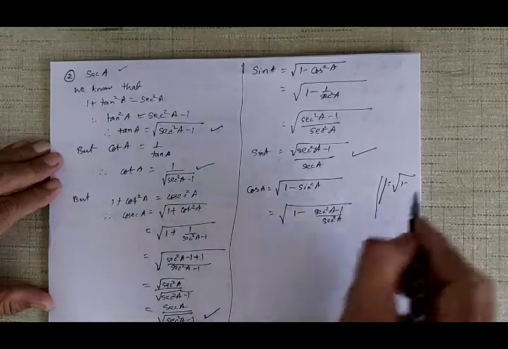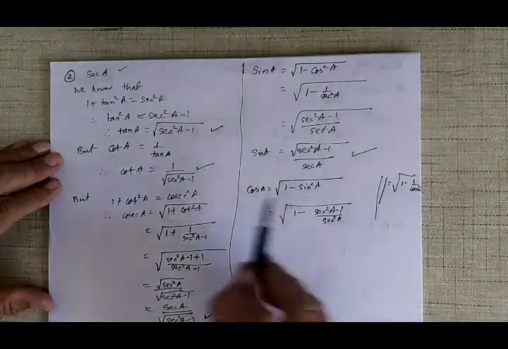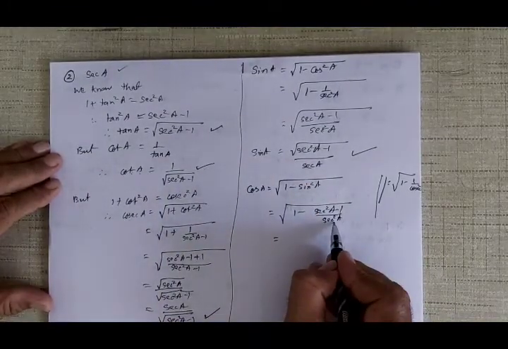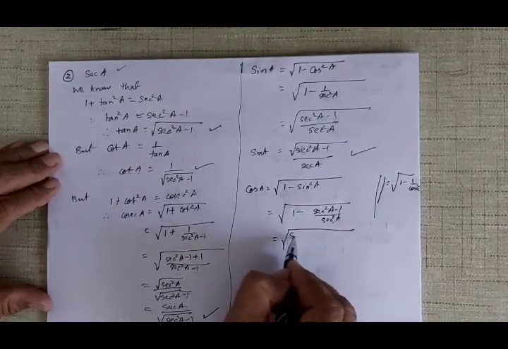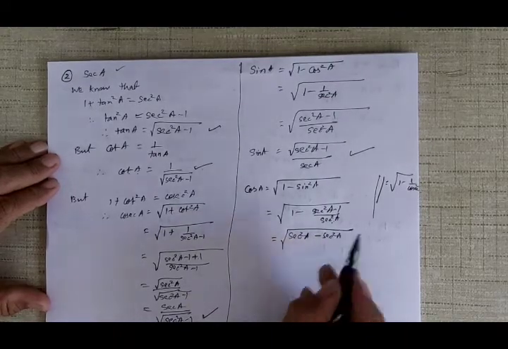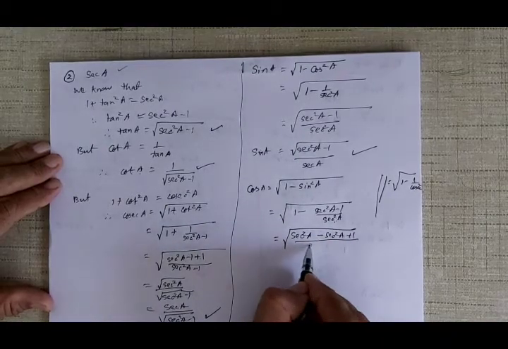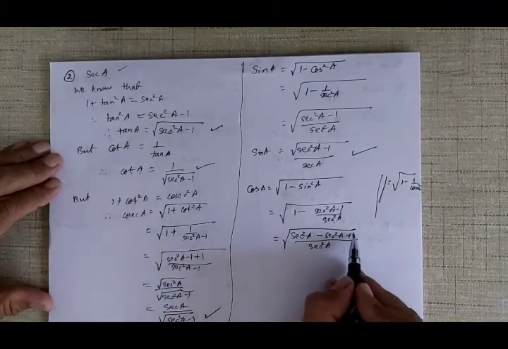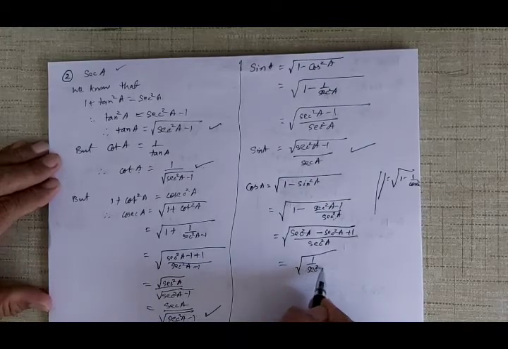1 minus, instead of sine, the reciprocal of cosec square A. I can take it any way, but I have chosen to do it this way. Now sec, directly we have got sec square into 1 would be sec square A minus sec square A. This minus sign and minus sign will become plus 1 upon square root of square of sec square A. Sec square will cancel out. You will get 1.